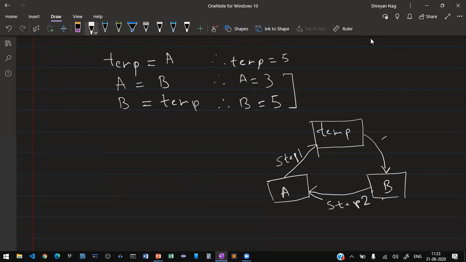This is step 3. So this is the logic of swapping two variables.